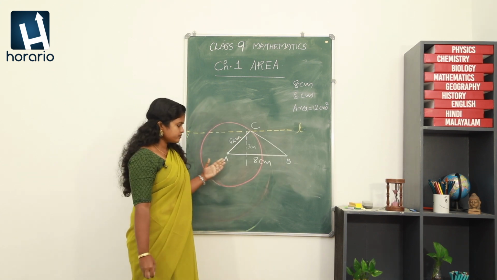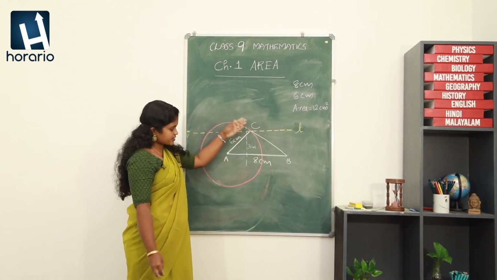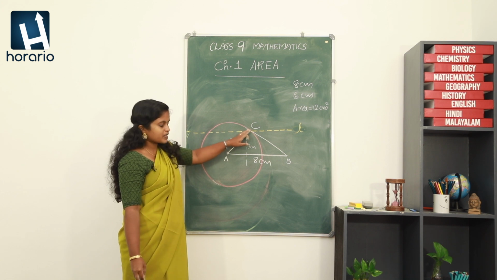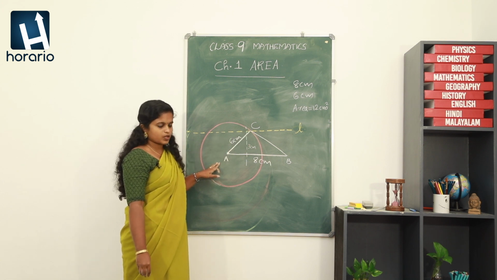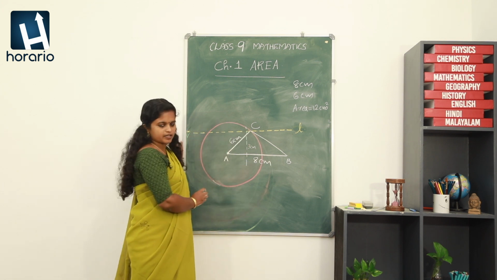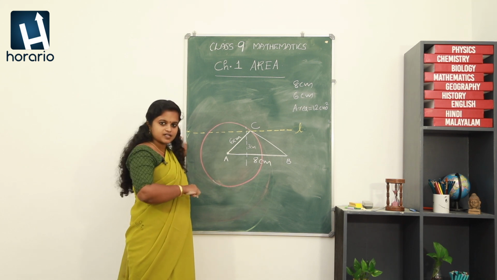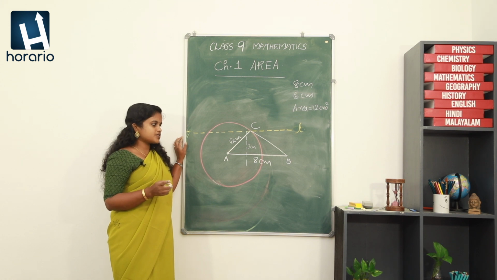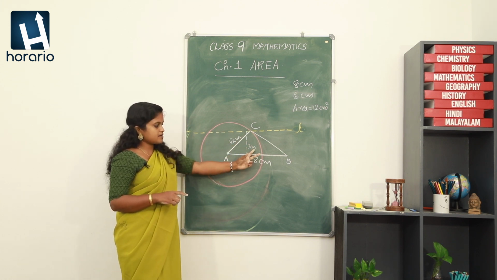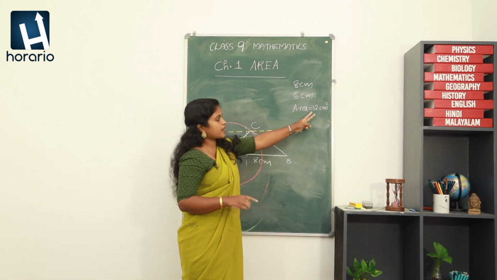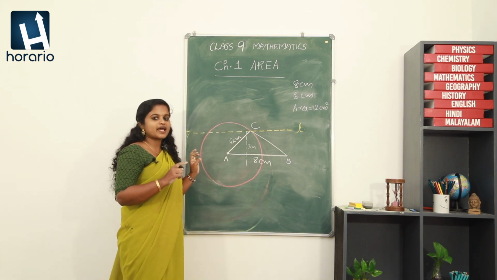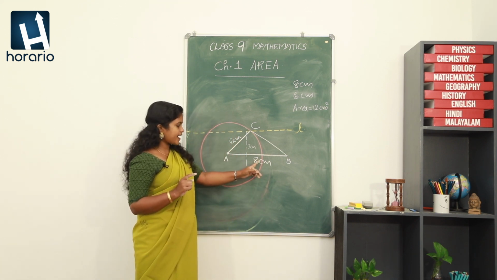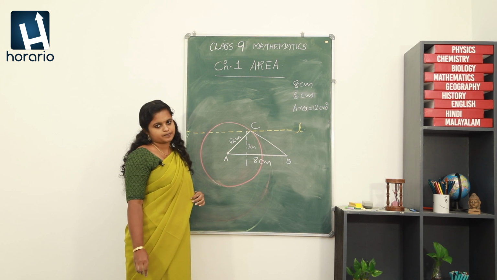So we have drawn a circle having radius 6 centimeter with the center A. Okay, so here I got the circle. Clear? Hope you have got the same circle. Now our task is to make a triangle having the same area 12 centimeter square and it should be having the same sides 8 centimeter and 6 centimeter.